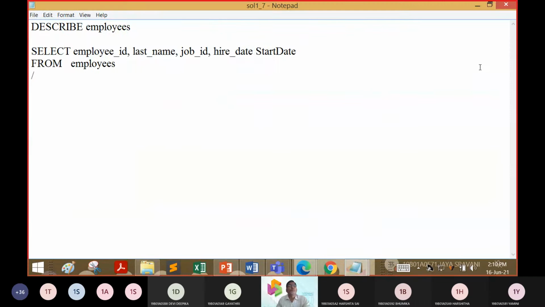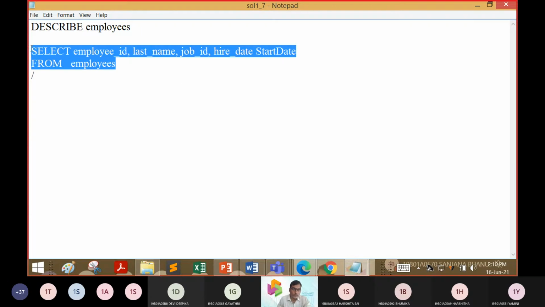So now this was the query at this point. Select the employee IDs, last name, job ID, hire date, start date. I think start date was missing from our table now, from employees. This was the query we are going to execute as of now.